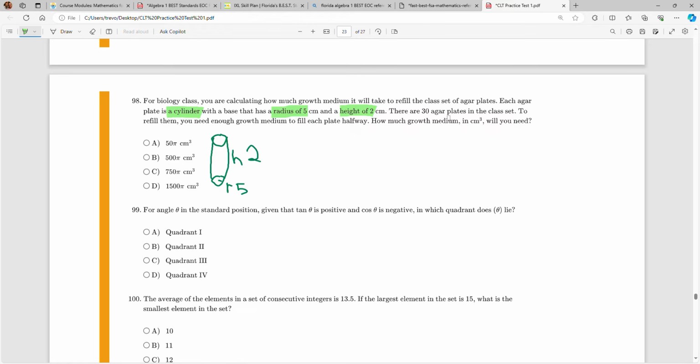There are 30 agar plates in the class set. To refill them, you need enough growth medium to fill each plate halfway. How much growth medium in centimeters cubed will you need? So right here, centimeters cubed, I know that I am finding the volume of a three-dimensional figure. So my volume,